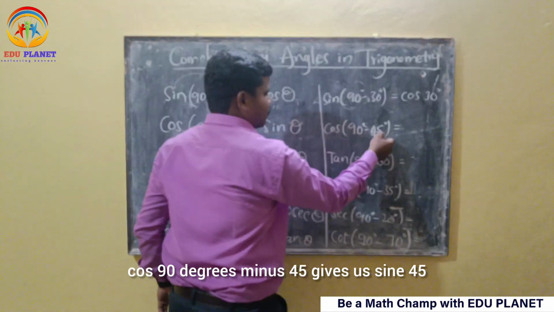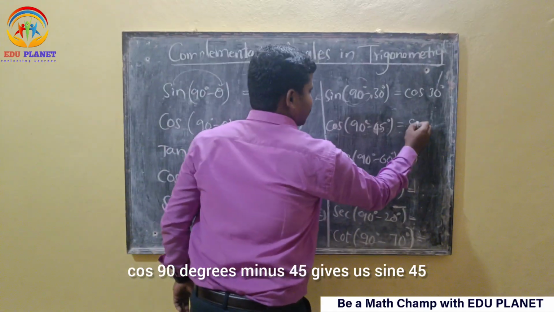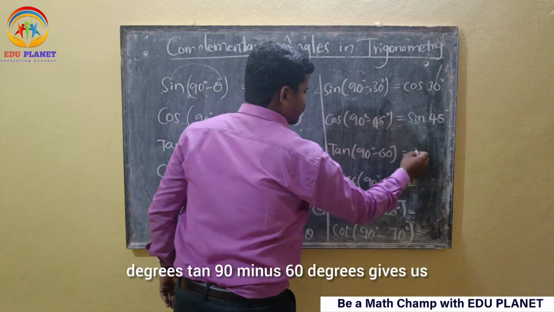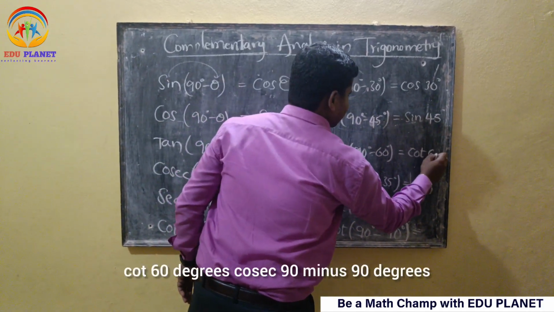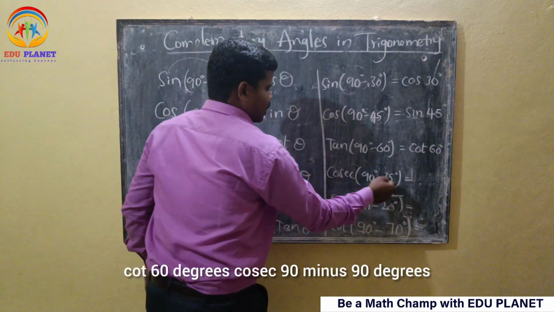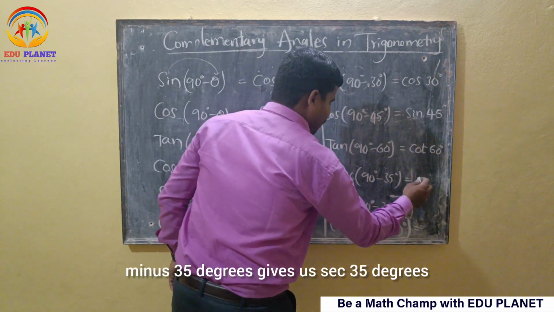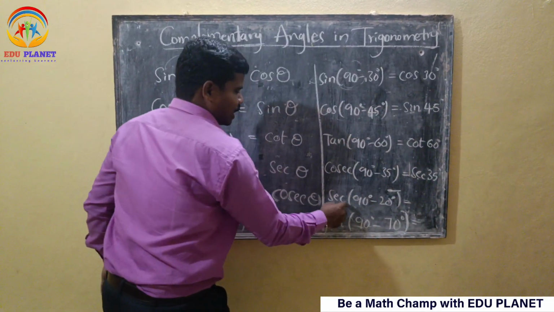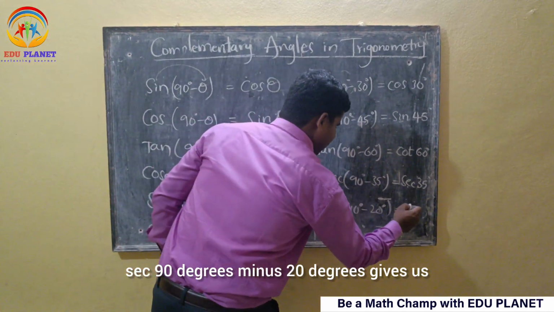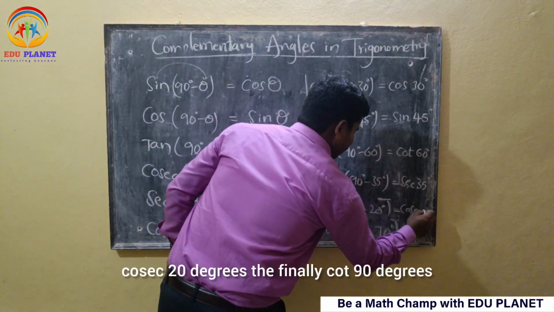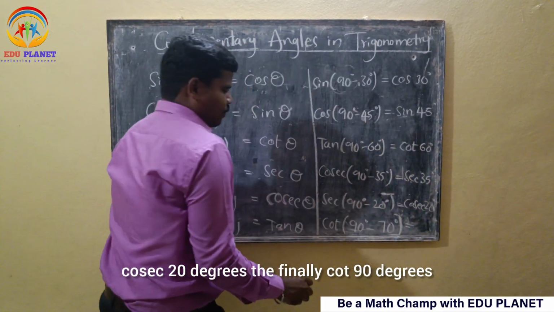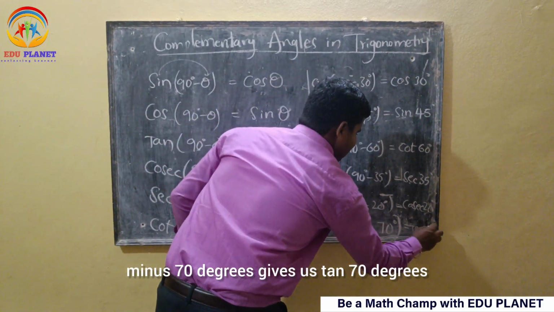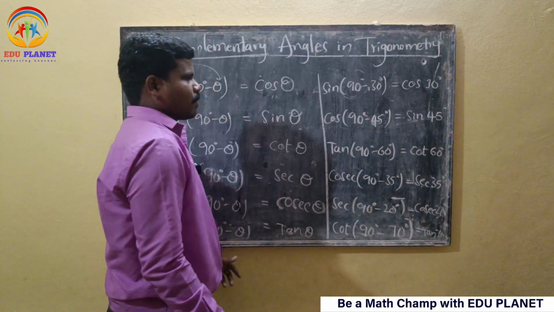Cos 90 degrees minus 45 gives us sin 45 degrees. Tan 90 minus 60 degrees gives us cot 60 degrees. Cosec 90 degrees minus 35 degrees gives us sec 35 degrees. Sec 90 degrees minus 20 degrees gives us cosec 20 degrees. And finally, cot 90 degrees minus 70 degrees gives us tan 70 degrees. It means